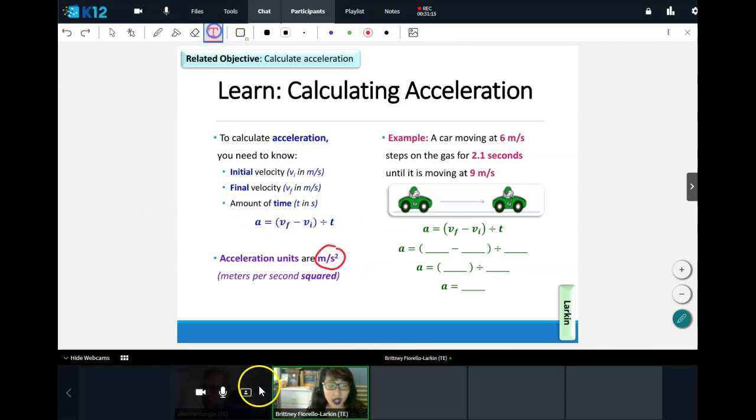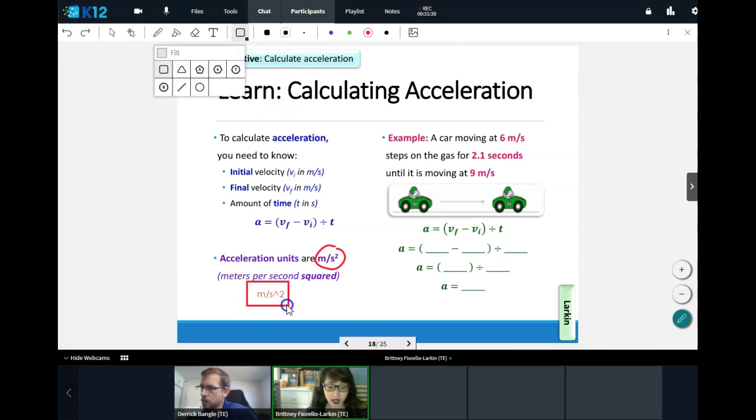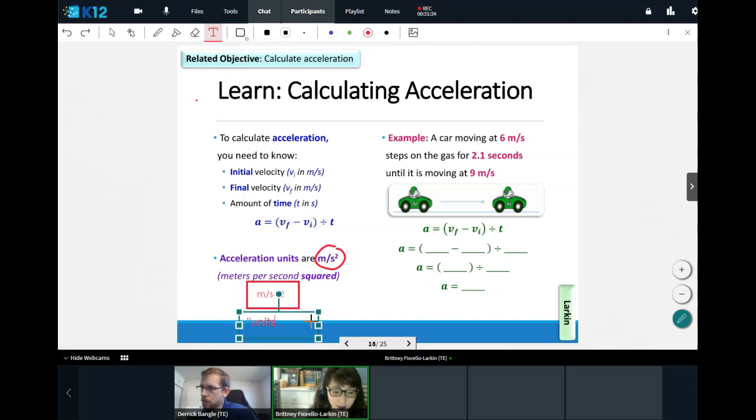All right, the way that you're going to end up writing this today, just so you know, is meters/seconds with a little caret and the number 2. That's how you need to write it in your unit box of all of your answers. Otherwise, the computer will mark your units as wrong. Smiley faces, emojis in the chat box if that makes sense. This is how you are going to write it in your units box for your answer. Okay, meters/seconds with a little caret and the number 2.